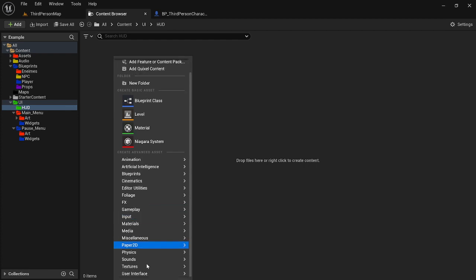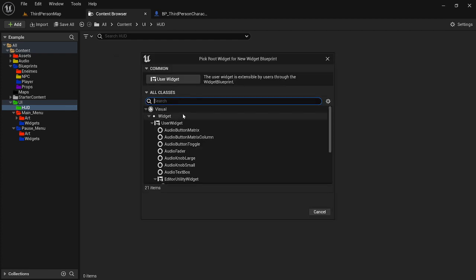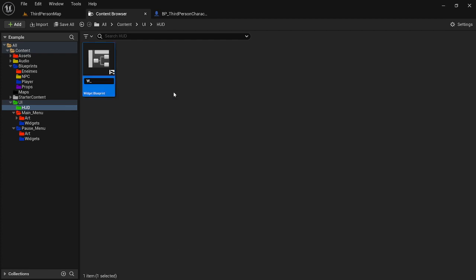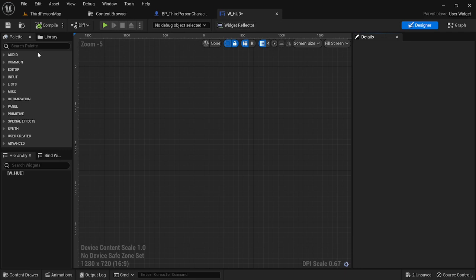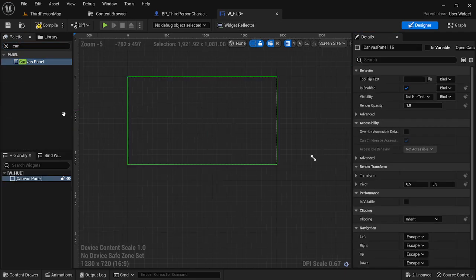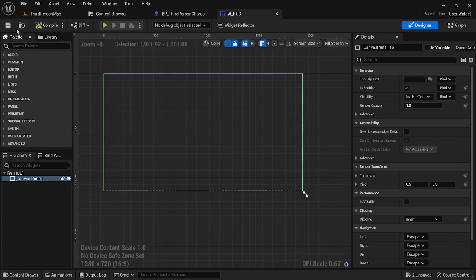Create a widget, just like every other thing. You know the drill by now. So W_HUD. And then we're going to open this. You also know the drill. We're, of course, going to immediately add a canvas panel. Boom, right there. Alright, so we're going to start with the health bar,